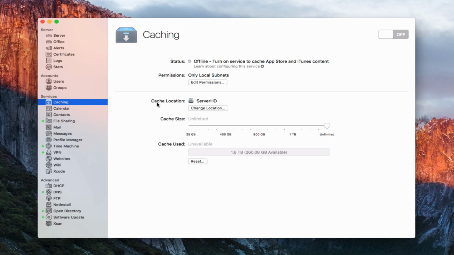Now down here we've got our cache location, and so you can choose where to have that hosted. I would recommend hosting it on either an external drive, or maybe if you've got a second internal drive inside your server, because this caching data can take up a lot of space. Remember, it's downloading these updates to your server and then having clients get it from there, and so you could